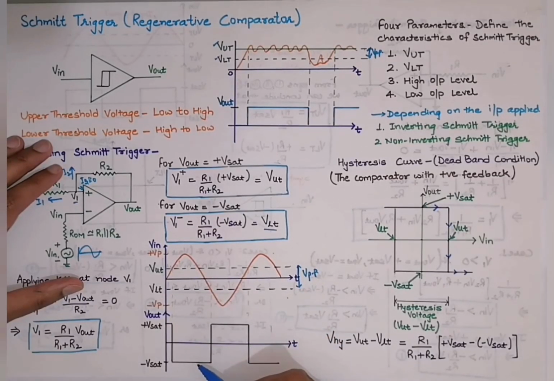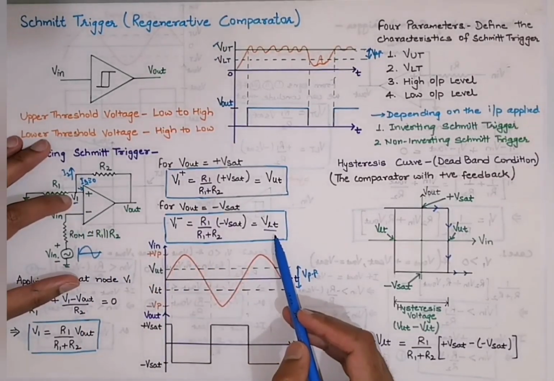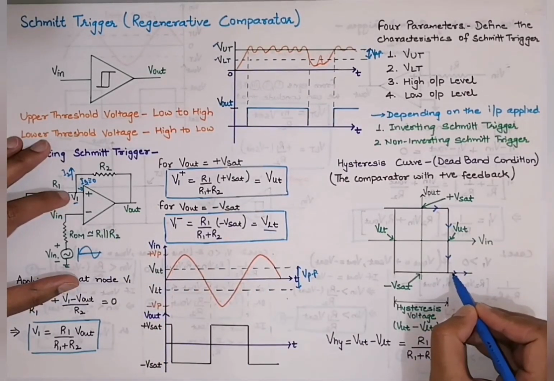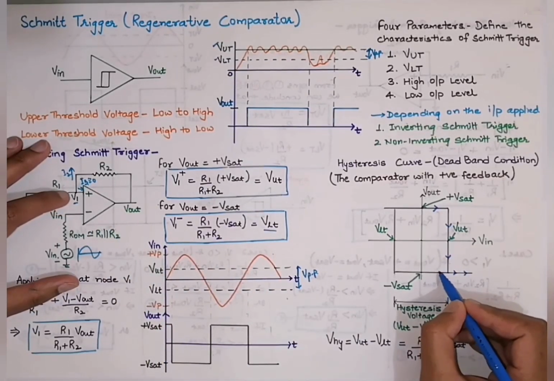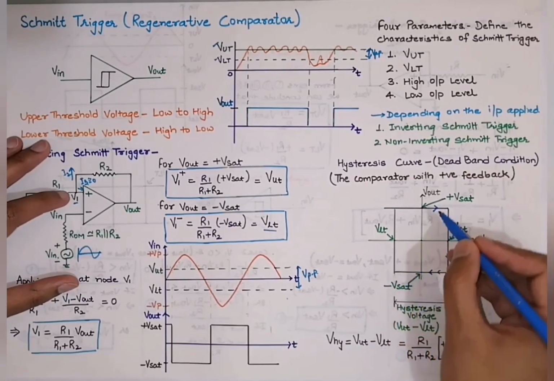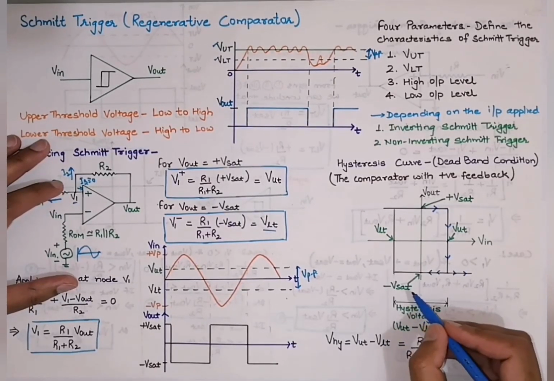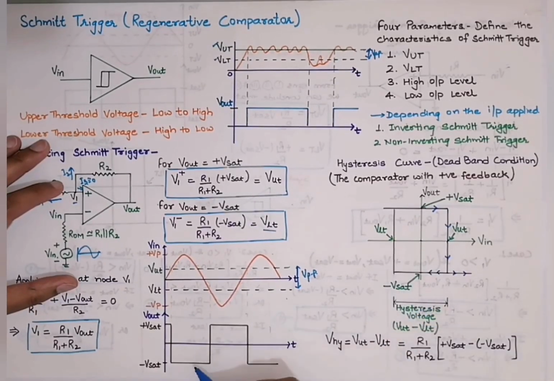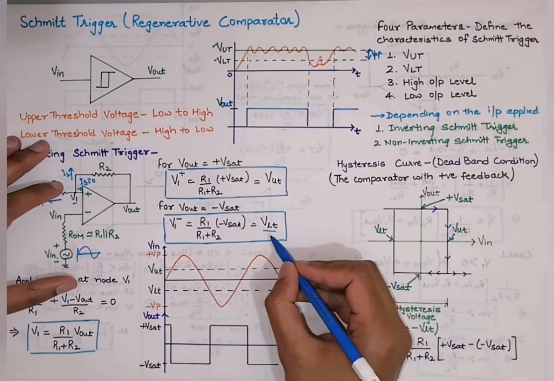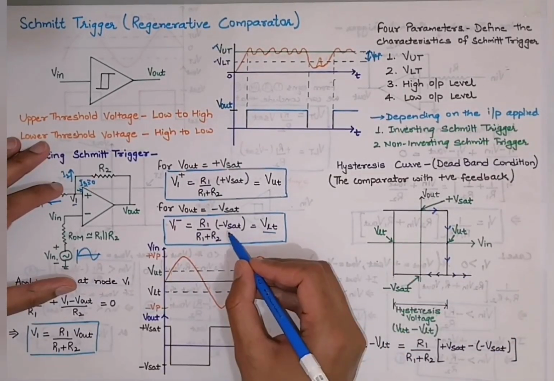I have told you earlier, because the value over here has now changed to V negative, the lower threshold, the input voltage will now be compared with this value. So even after decreasing the voltage below the upper threshold, my output voltage will not shift from minus V saturation to V saturation. It means for changing the state from minus V saturation to plus V saturation, I have to decrease my input voltage below this lower threshold value, and the lower threshold value is exactly the negative of my upper threshold.